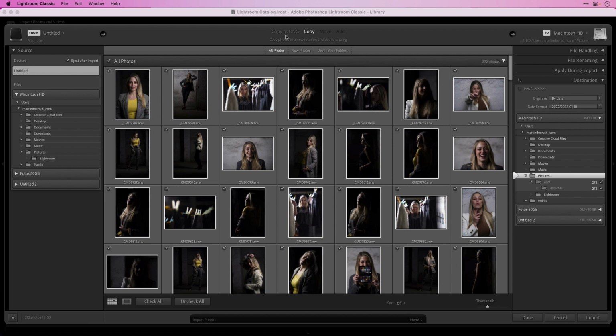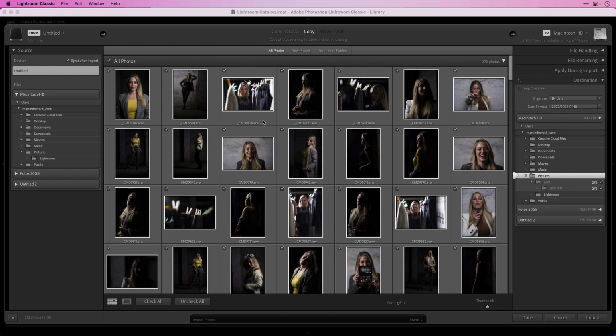And a special option is to copy as DNG. So the raw files get copied onto your hard drive and after that they get converted to DNG. DNG is the Digital Negative file from Adobe and it's claimed to be a future-proof raw file. All your information, all your raw data is contained inside the DNG, so you can use it if you want. For my part, I stay with normal copying of my raw files, and that's what I will do right now.